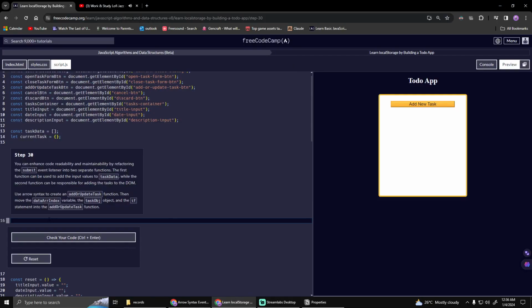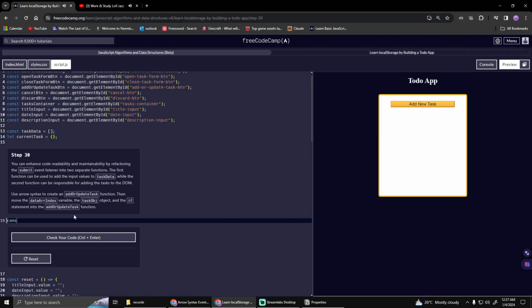It says here, use arrow syntax to create an add or update task function. So if the instruction says use arrow syntax to create a function, we should use const rather than function. So for now we use const and then create the function called add or update task, and then it says use arrow syntax. So parentheses